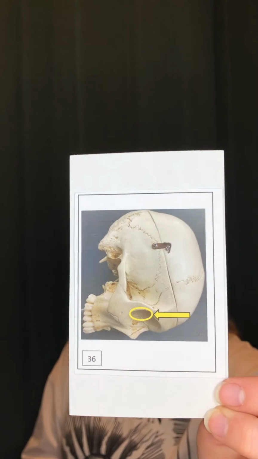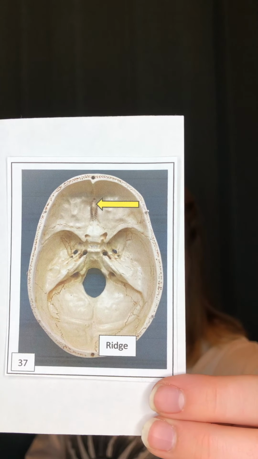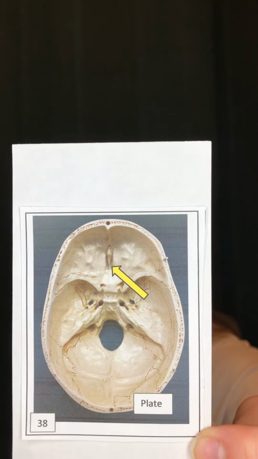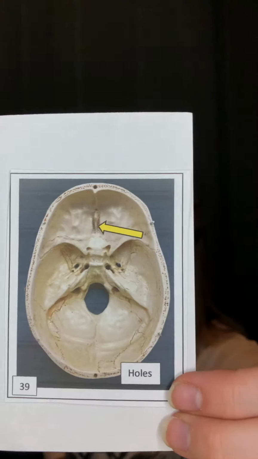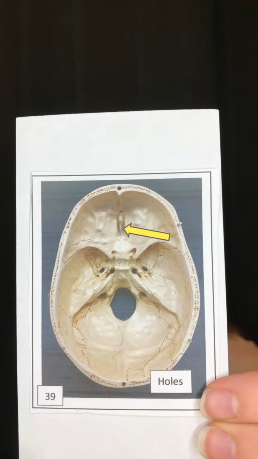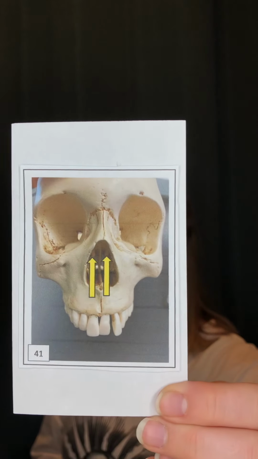The ethmoid bone, the ridge on the ethmoid bone is the crista galli. The plate on the ethmoid bone is the cribriform plate. And then the last one for the ethmoid bone is the holes, the olfactory foramina. And then the ethmoidal sinus. We then have internal nares,